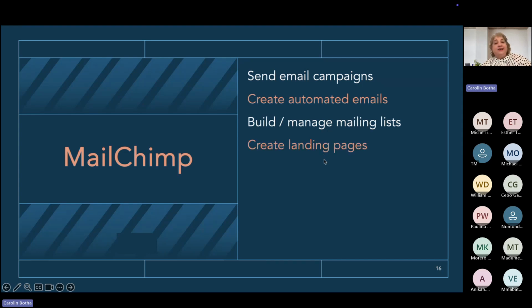You can create landing pages. For example, if you have a website or you don't have a website, you can just go to MailChimp, design a landing page if you're interested in maybe just one page which you can send out to people as your website. So just one page introducing yourself, showing what type of people, what type of services you render, and MailChimp can even do that for you, and you can share it with up to 500 people.